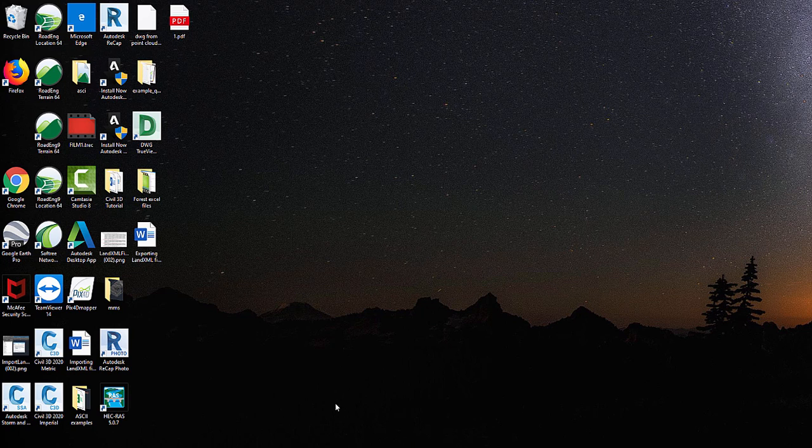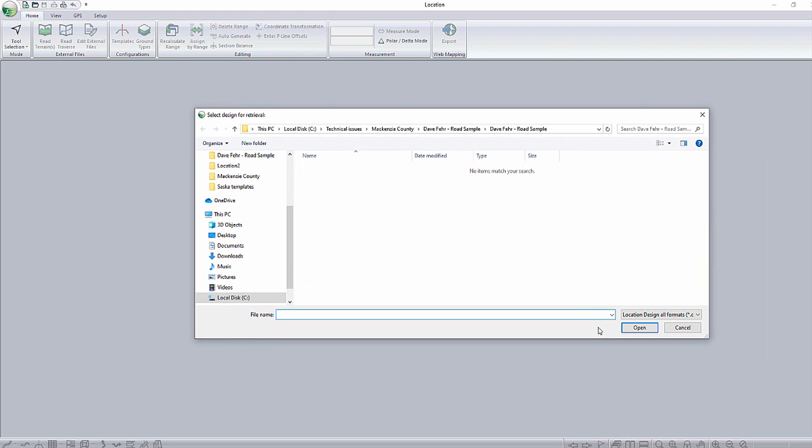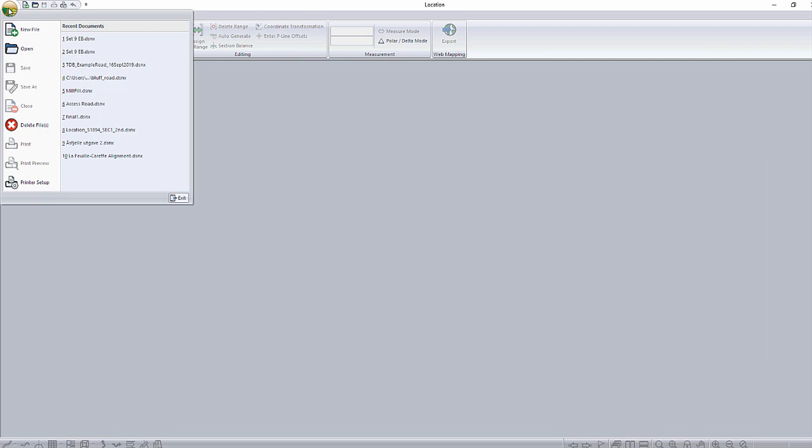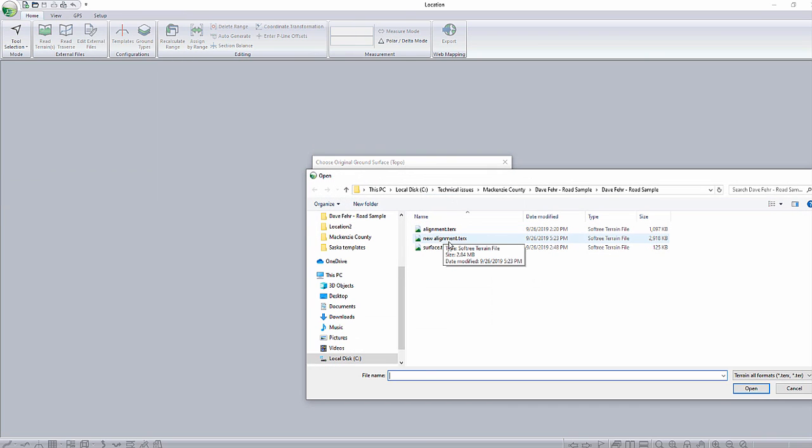In this video I'm gonna show you how I could use the location model to design the road. So first I open the location model version 9. If you remember, we have created a TRX file for the previous step. So I go to new file and I select the new alignment, that TRX file that I created in the previous video. If I press open